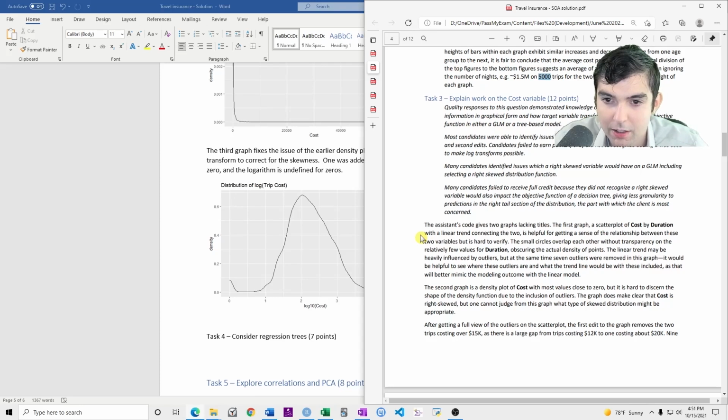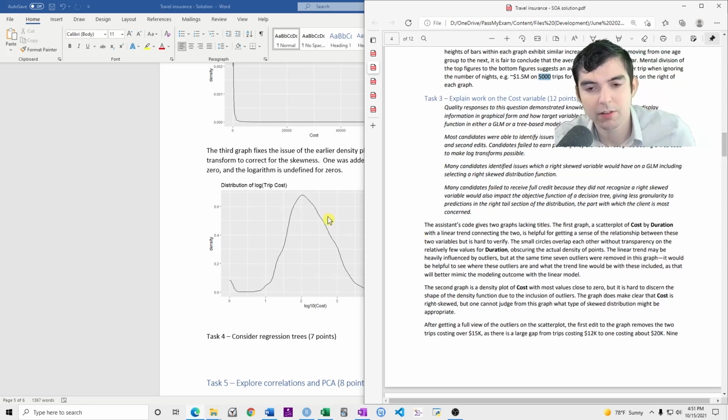Many candidates identified issues a right skewed variable would have in a GLM, including selecting a right skewed distribution function. Many candidates failed to receive full credit because they did not recognize a right skewed variable would also impact the objective function of a decision tree, thus giving granularity to predictions in the right tail of the distribution, the part which the client is concerned about.